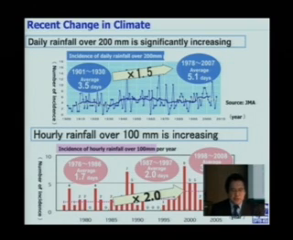This shows the recent change in climate. The upper graph shows that daily rainfall over 200 millimeter is significantly increasing in Japan. Before, it was 3.5 days average over 1901 to 1930, but the incidence of daily rainfall over 200 millimeter became 1.5 times